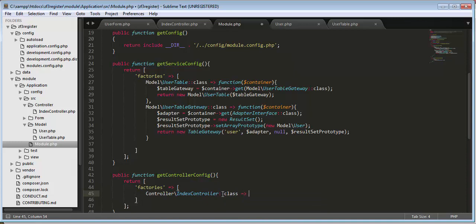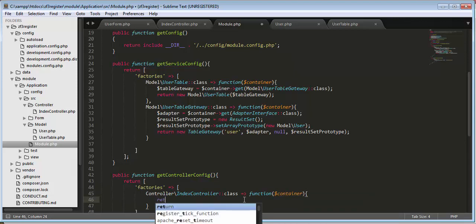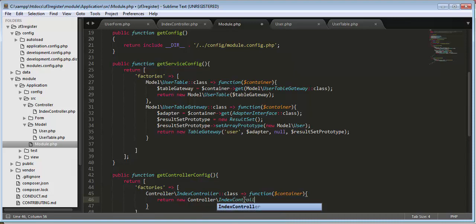Okay, so now let's come to our user table.php, okay, and then namespace Application Model, use Zend Db TableGateway, then TableGatewayInterface, okay, class